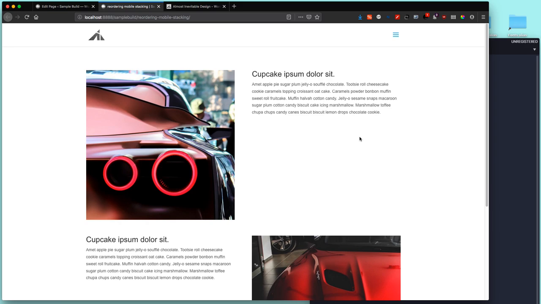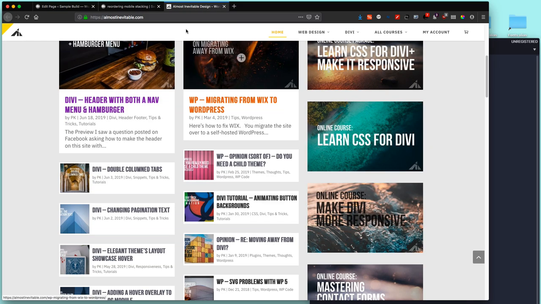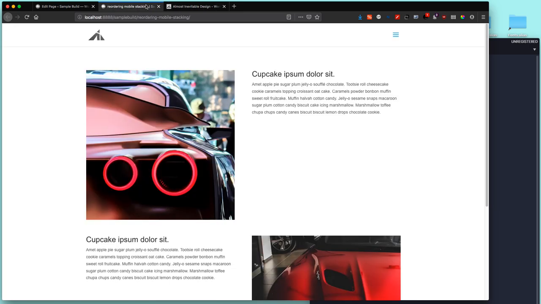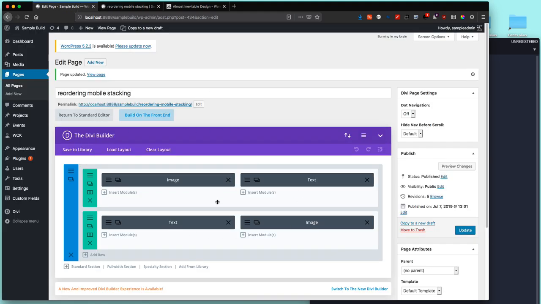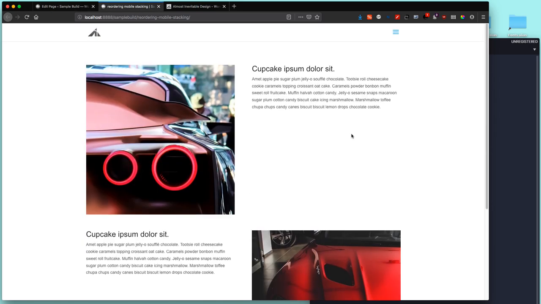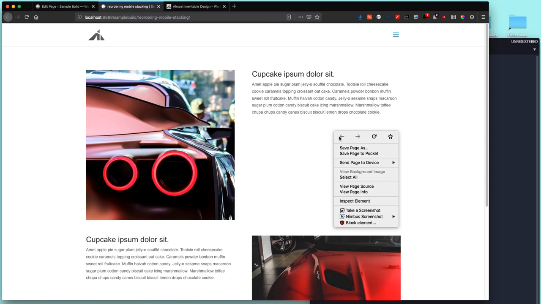Now here is a regular, what I call a checkerboard, and of course in my courses that's what I call them. So this is what I call a checkerboard layout, and of course it's made like this. You have an image in one column and text in the other, text in this column and image in the other. Now this looks great and a lot of people use this, but the problem is